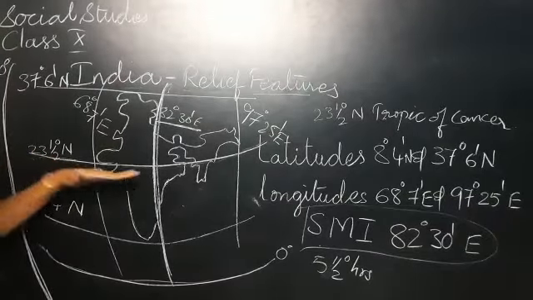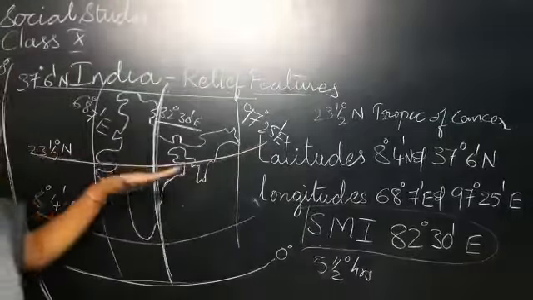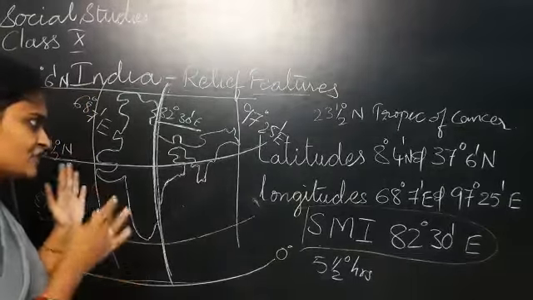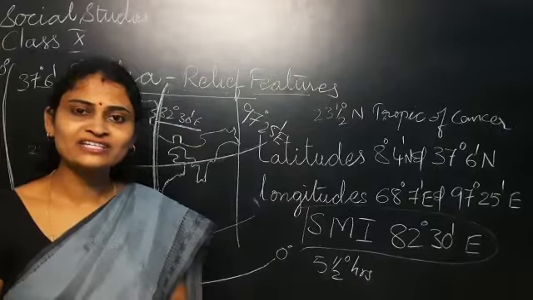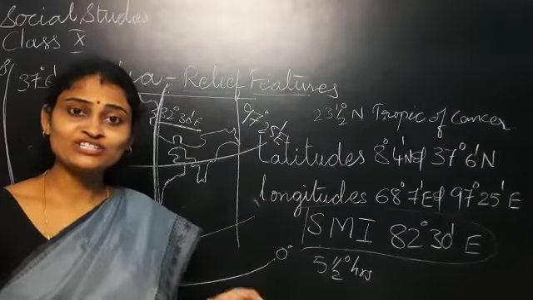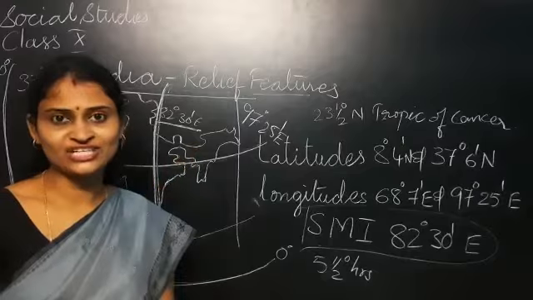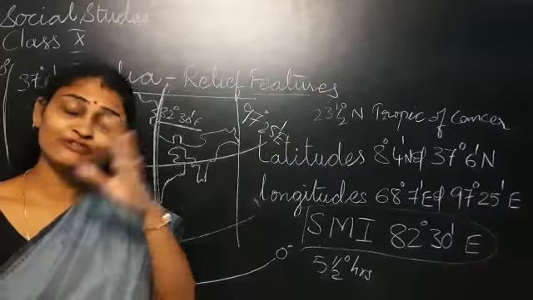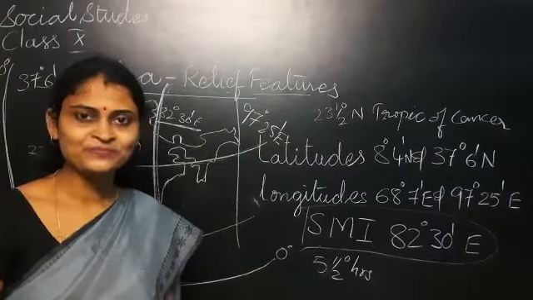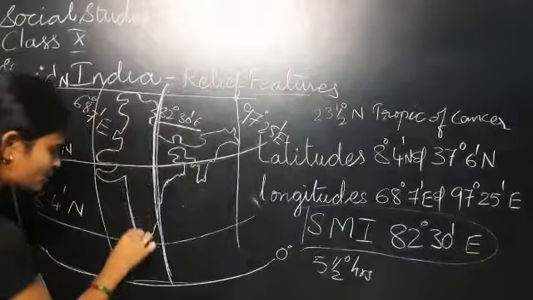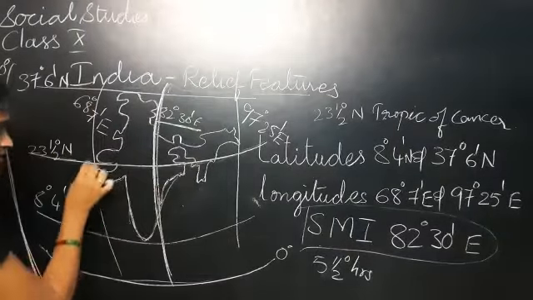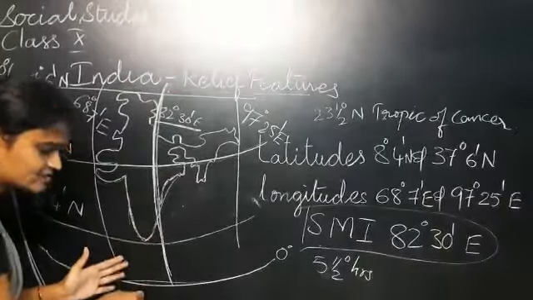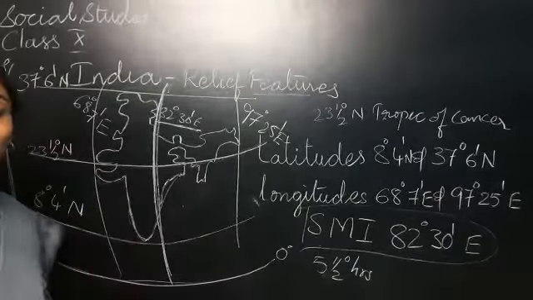And also we have seen the important latitude which passes through the middle of India. Children, the geographical location of India provides diversity of climatic conditions, which enables a variety of vegetation. And also these climatic conditions are useful to grow different types of crops in our country, isn't it? And the longest coastal line is also useful for fishing, and the Indian Ocean, which is located in the south, is useful for trade route.